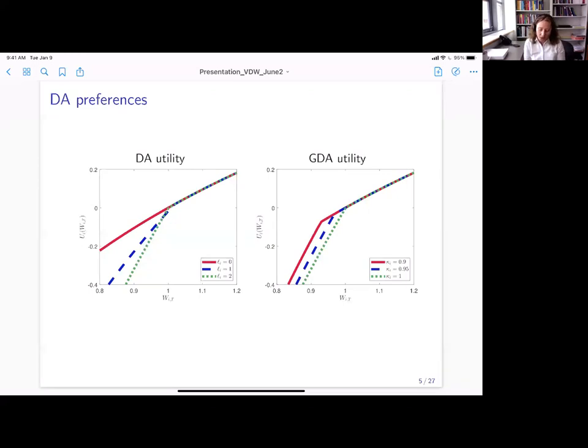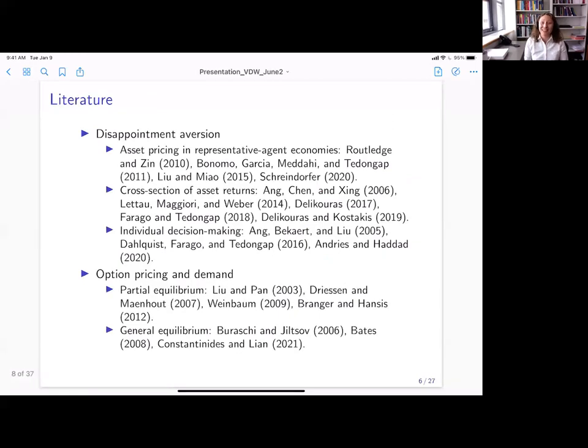And this kappa will actually play an important role in our contribution to the literature about these preferences. So I don't want to skip that slide. I know people often skip it, but I think it's important here to position ourselves. Disappointment aversion and these preferences have been successfully used in a number of settings, in a representative agent model to explain asset pricing, as well as in the cross-section of asset returns to explain puzzles there. Our contribution to this literature is that, to the best of our knowledge, this is the first attempt to study a heterogeneous agent model with these types of preferences.